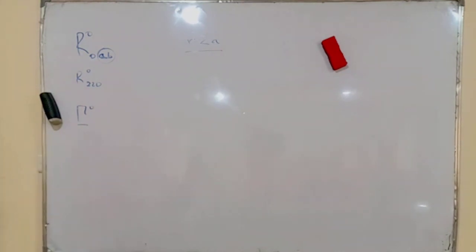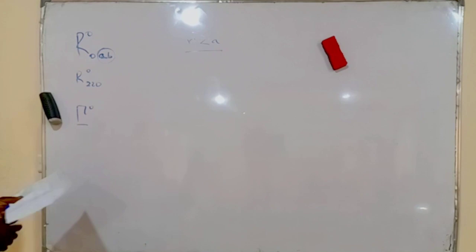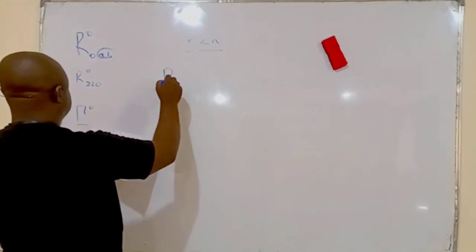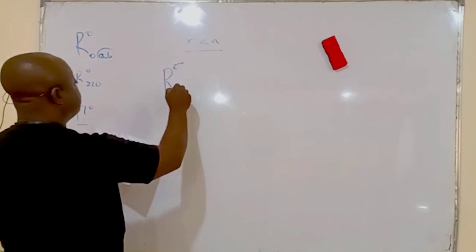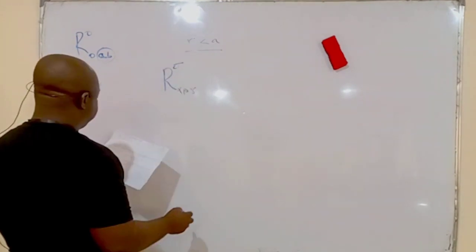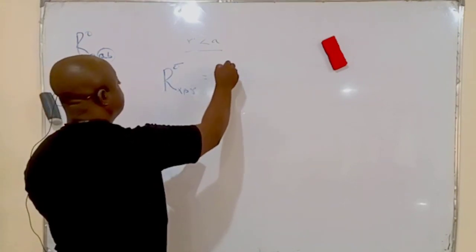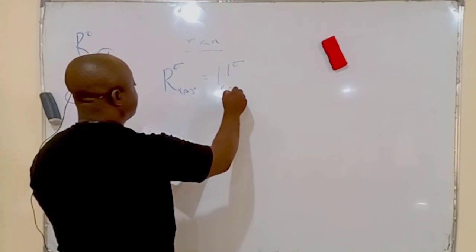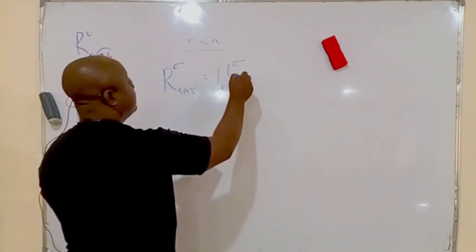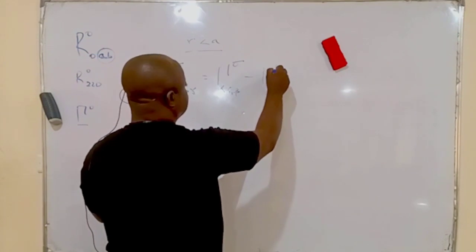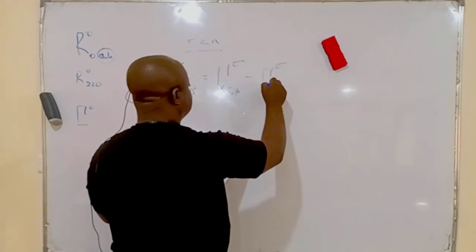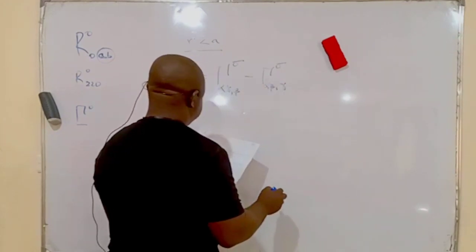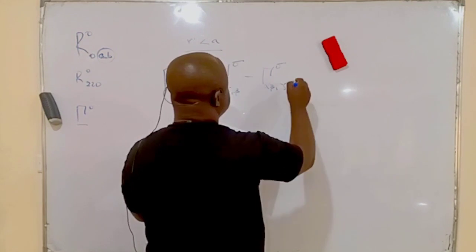So you have R sigma alpha beta gamma, the same as that, sigma alpha gamma comma beta, minus that, sigma alpha beta comma gamma, plus